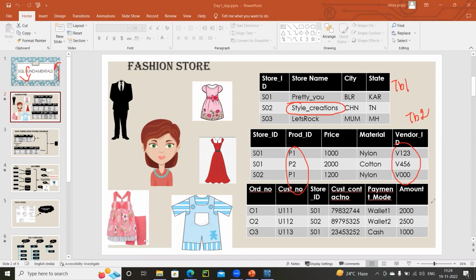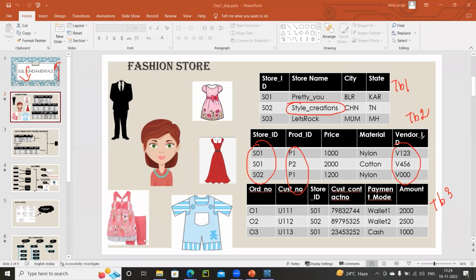I'm just giving some names so that we can refer to them easily. So in order to find out the answer to the questions, we basically need the list of products and the list of vendors with respect to the store.